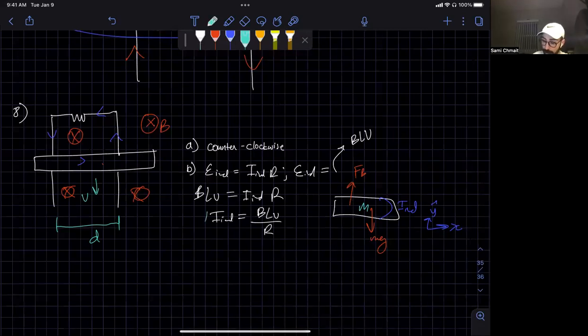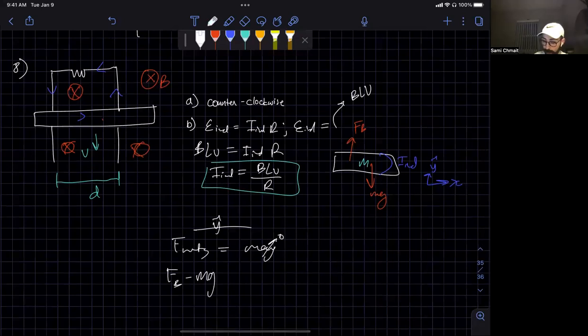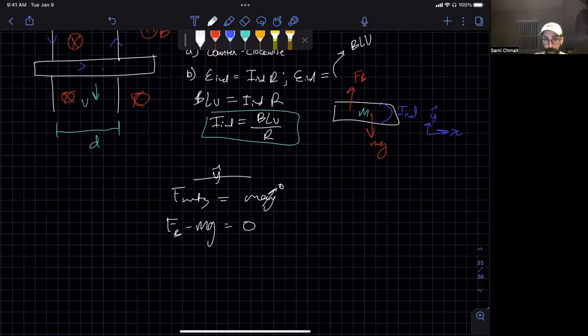And we can now use Newton's second law to solve for all the forces in the y direction. We know that acceleration is going to be equal to 0. We look at our diagram, we'll see FB minus mg is equal to 0. We now can solve for FB is equal to mg. FB,